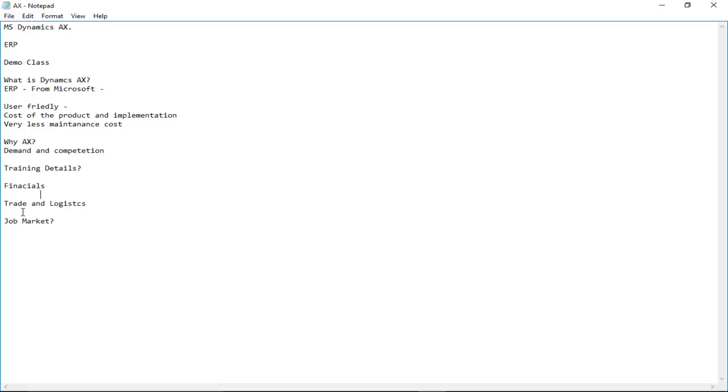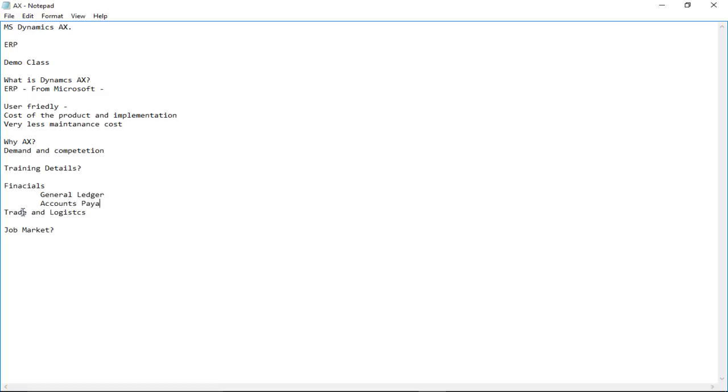To maintain that, they need some configurations with respect to the financials area. So for that, one among us will work as a finance consultant, and he will be responsible for configuration of the general ledger module. What I am trying to say is, financials covers the general ledger module,